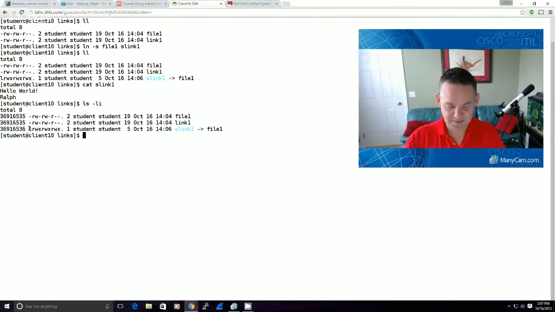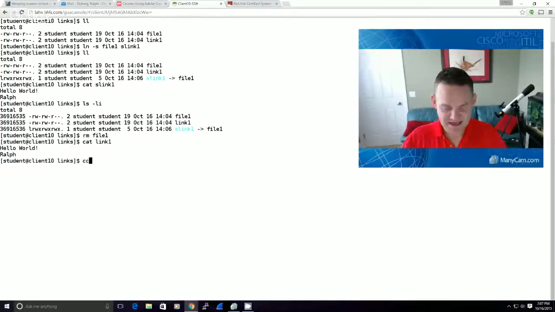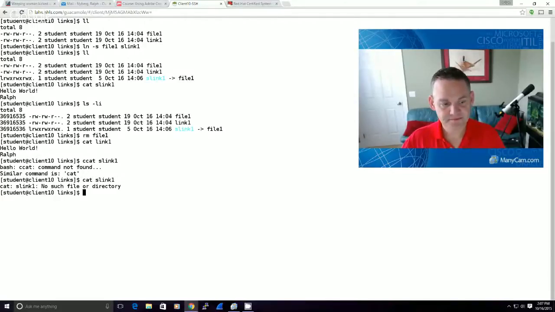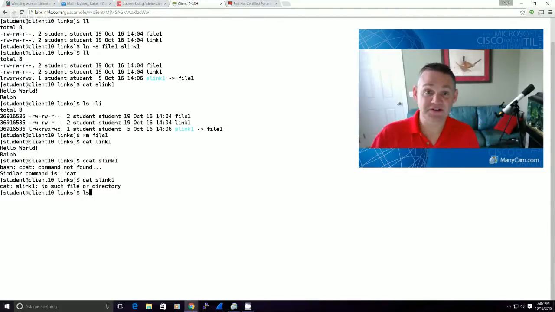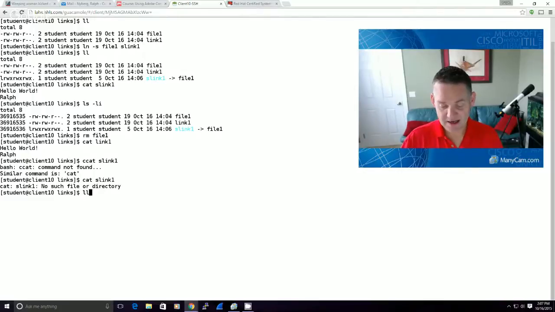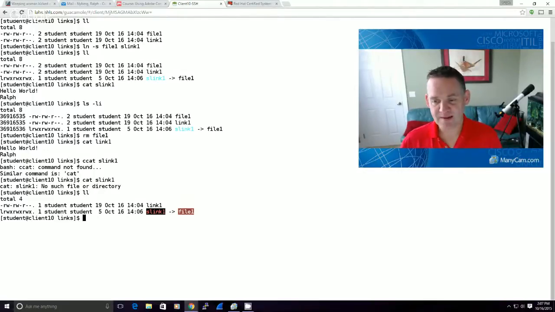If I, for example, remove file 1, is my data still there? Well, link 1's still there, and that's a hard link. So if I cat link 1, my data is still present. But if I try to cat slink 1, you'll see no such file or directory. Because the symbolic link pointed specifically to file 1, when I removed file 1, I broke that link. Now, if I recreate a hard link, link 1 to file 1,